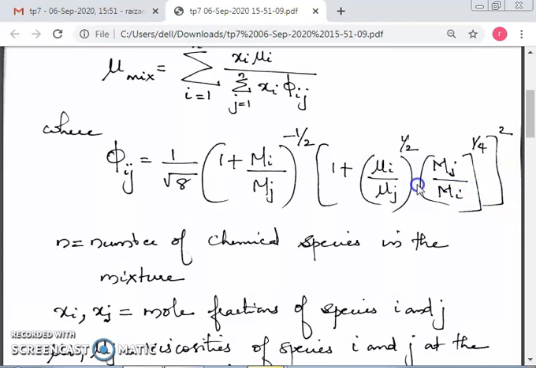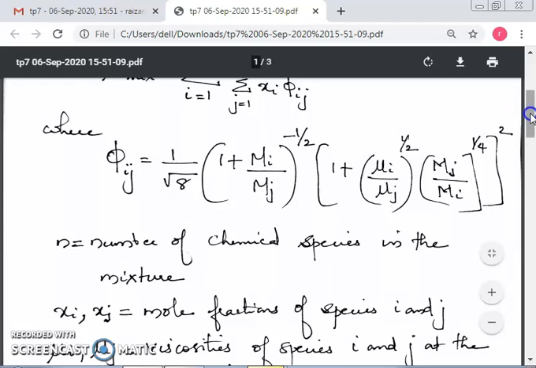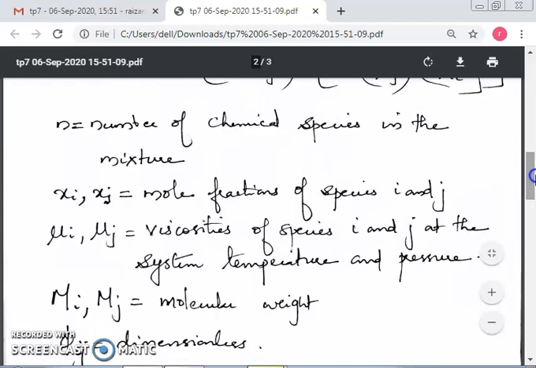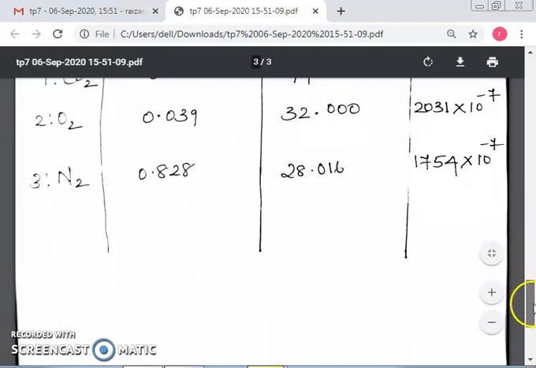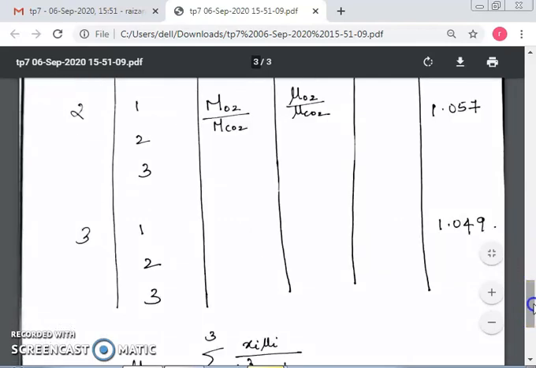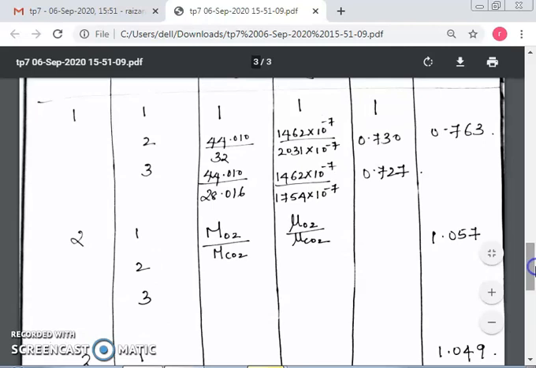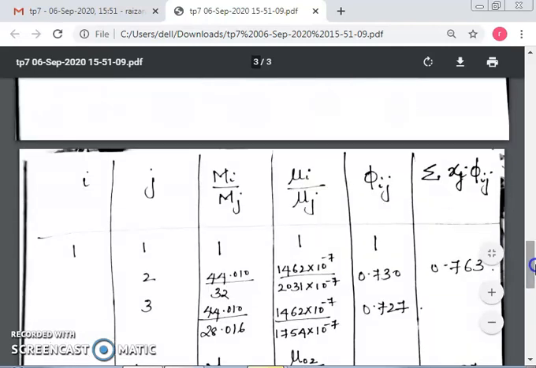So, you know each of these terms. So, substitute in this equation and get the values of phi ij. So, you will get the values of phi ij as 1, 0.730 and